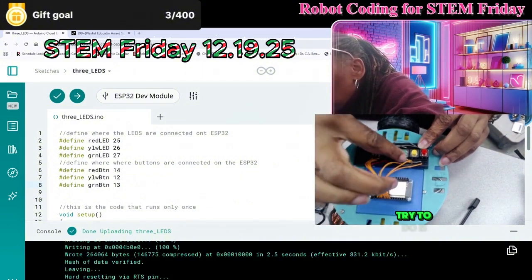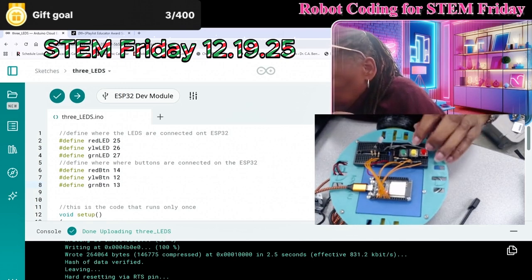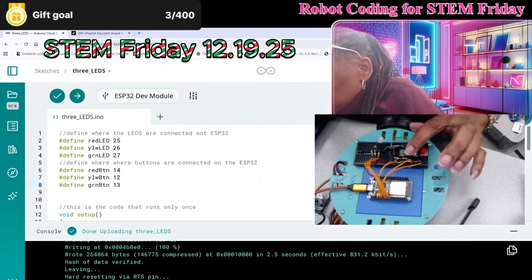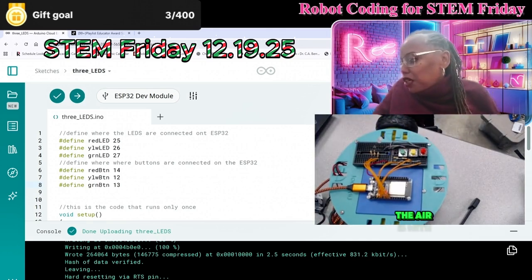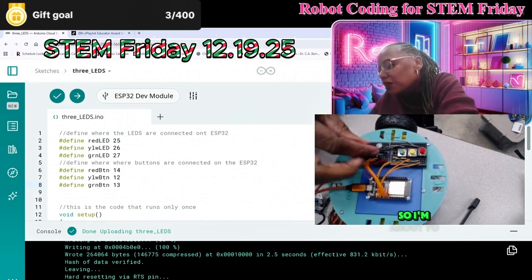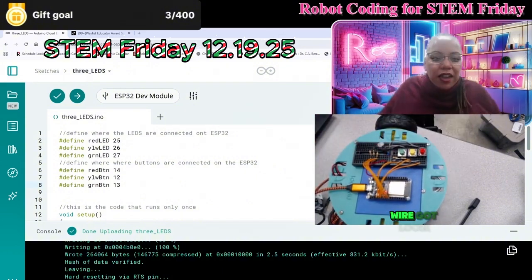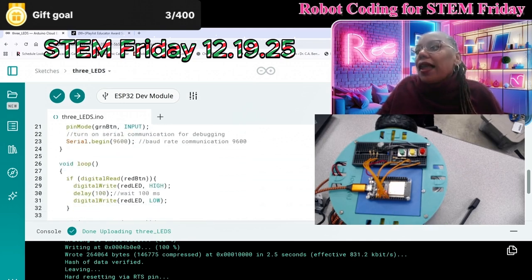One thing I can try to do is, like I said, serial print the buttons to try to figure out if the error is with the button or if the error is with the LED. So I'm about to do that now. Sometimes it's just a wire got loose, so the easiest way to check that is to Serial.print. So I'm going to come down here. And before I